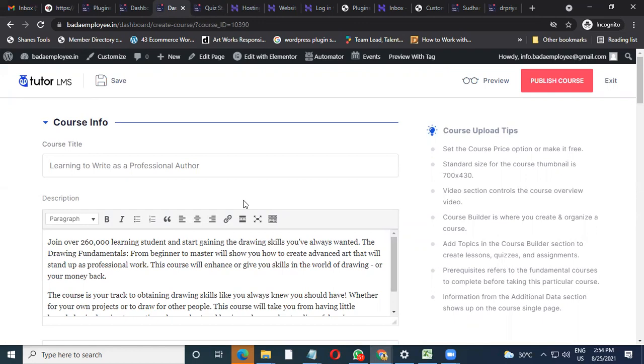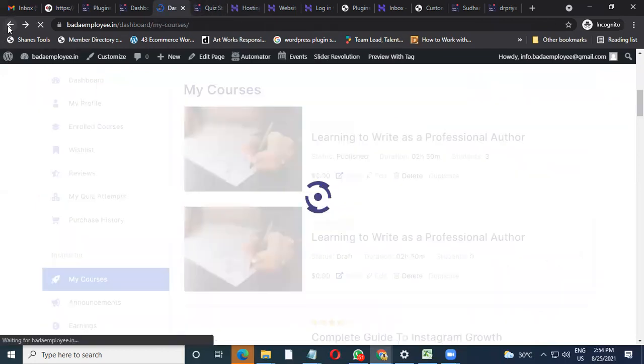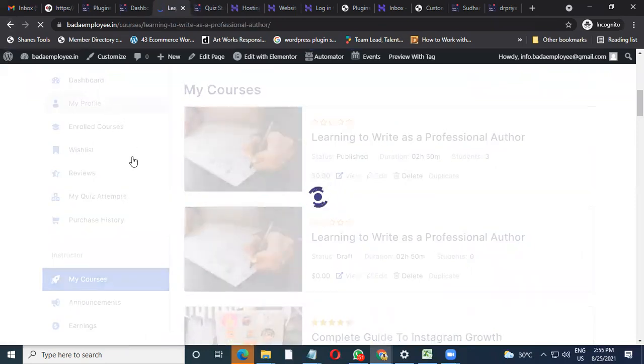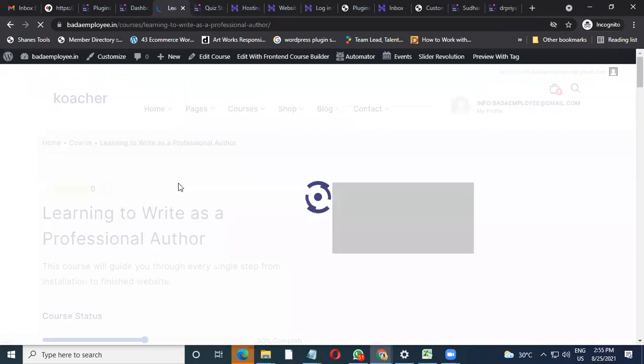So what happens is when you're selling a workshop, people buy the workshop, they get access to the platform, and once they come inside, they see the Zoom timer going on, and they can wait till that day. After that particular day, they can come into a Zoom session and attend the live session with you. It all looks very similar to what we saw. The only difference is instead of the videos, we have the Zoom timer going on, and the student can wait till that particular day and time, and after that they can join your Zoom session live.